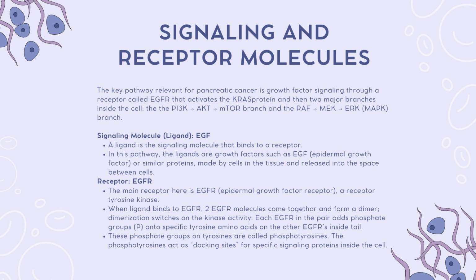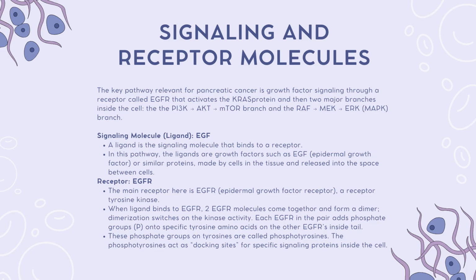The main pathway starts with growth factors like EGF, which act as ligands. Ligands are signaling molecules released by nearby cells, and they bind to specific receptors on the target cell surface area. In this case, the receptor is EGFR, a receptor tyrosine kinase. When EGF binds to EGFR, two EGFR molecules come together and form a dimer, and this dimerization turns on the